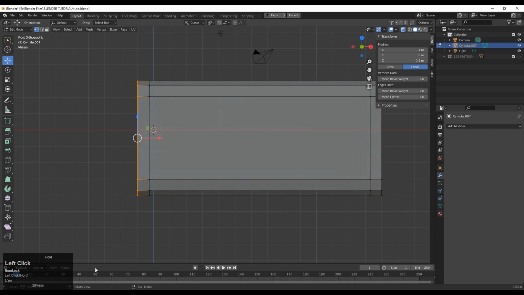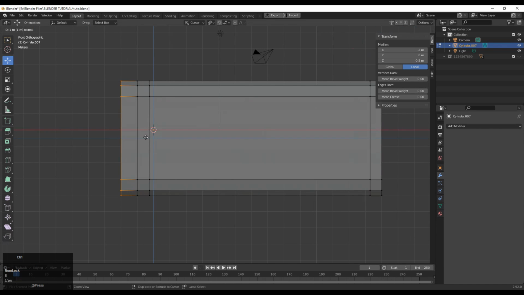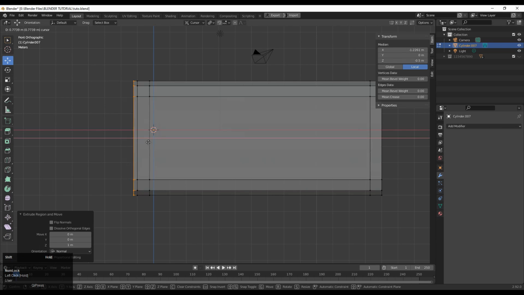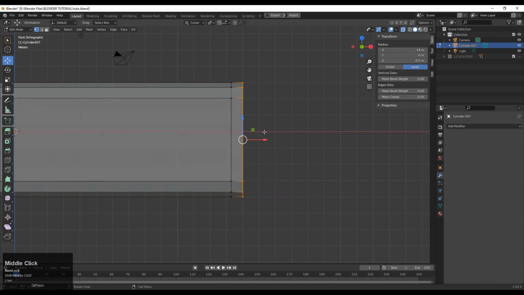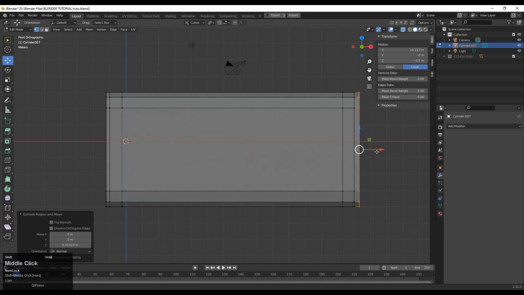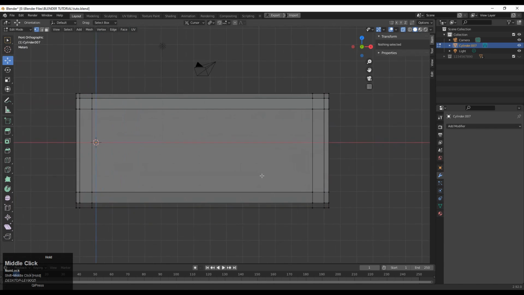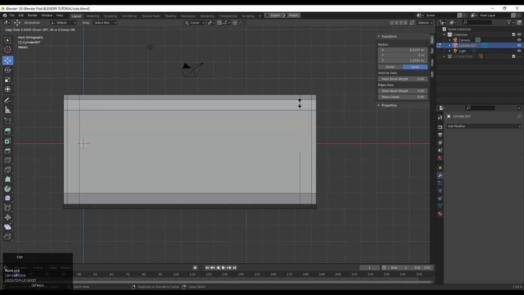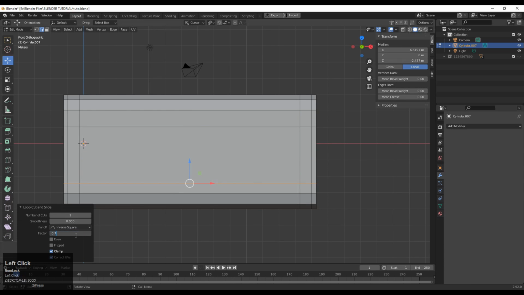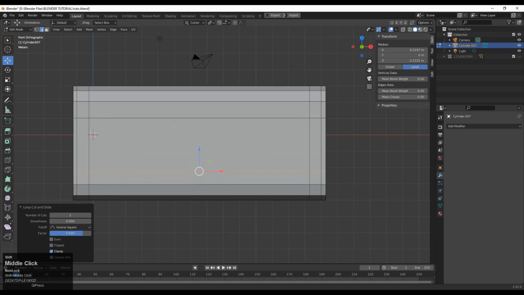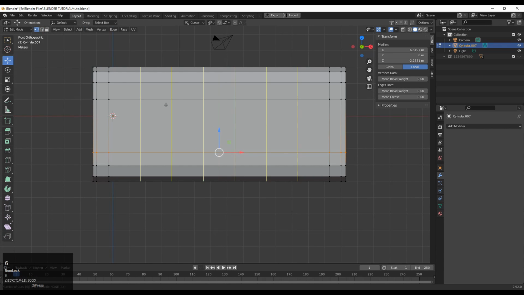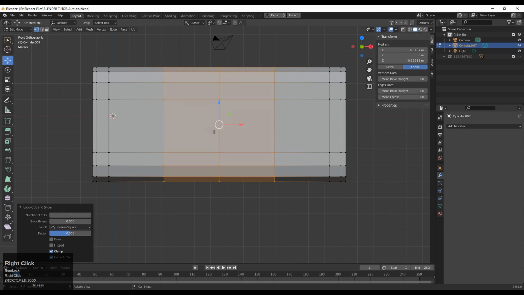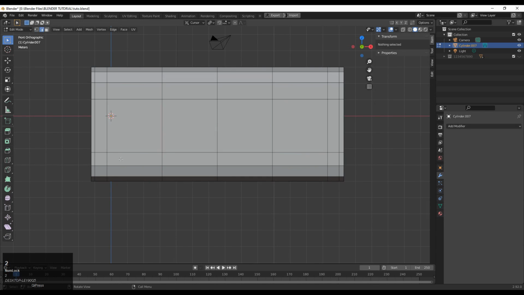Then you need to select these vertices and move them, extrude them along the X-axis. And just adjust the size, adjust the length. So you can use the move tool for that. And that's it. And now you need to add the loop cuts like this along the Z-axis, meaning it is totally a 2D planar shape. So you need to add the loop cuts like this parallel to the X-axis, and then add 3 loop cuts at the center. Okay, and these 3 loop cuts will help us to create a design.